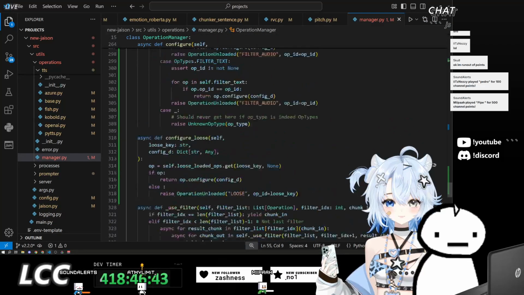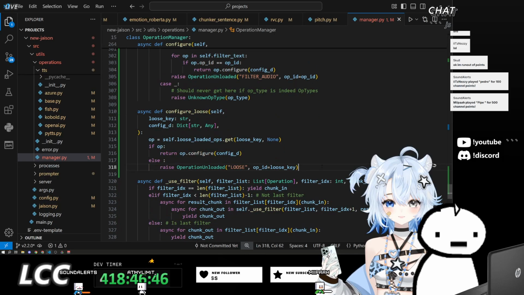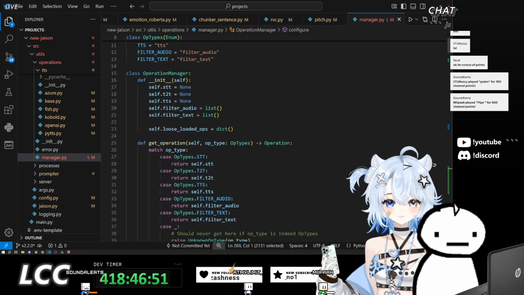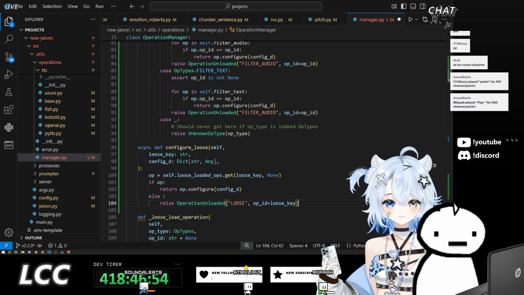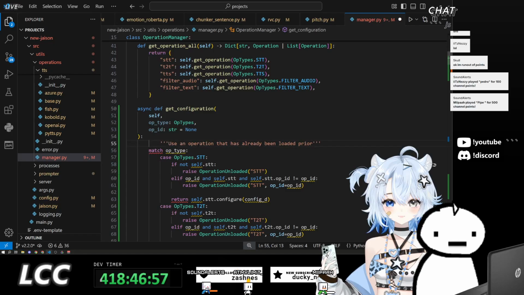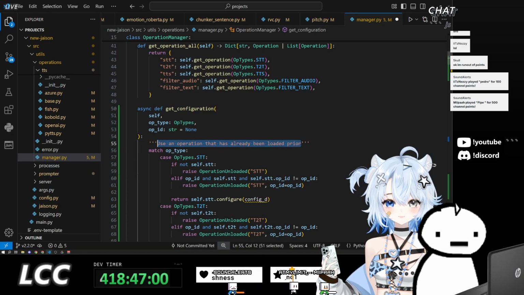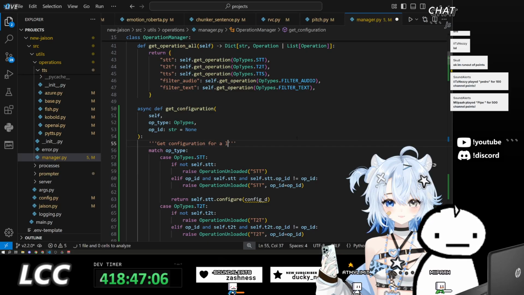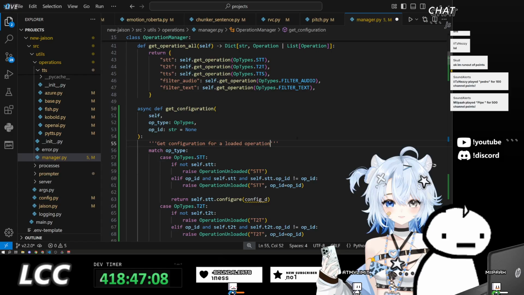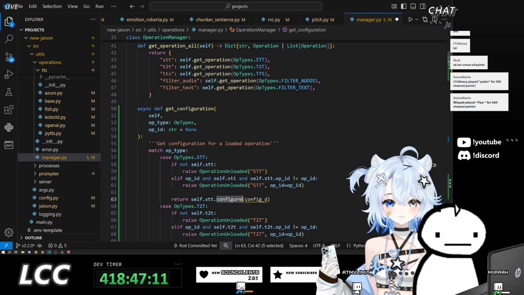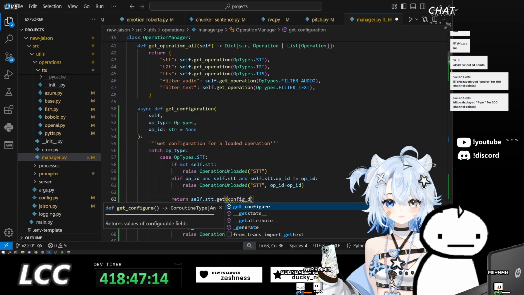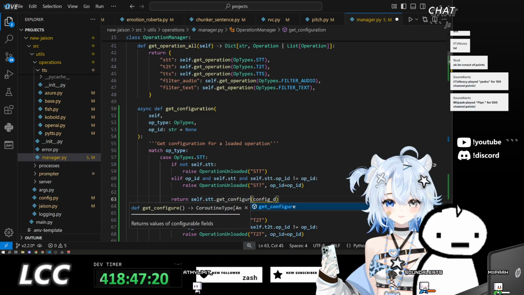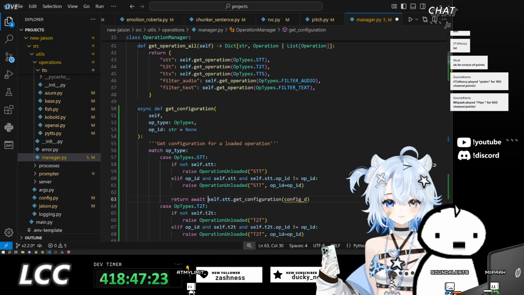It'll be pretty similar to what we have for configure and for loop. So let's just copy this code. Be open actually.